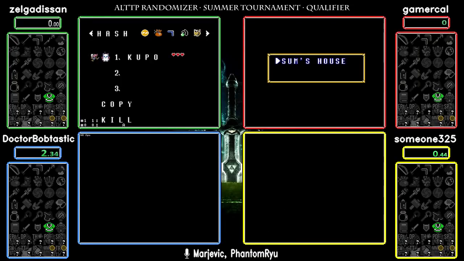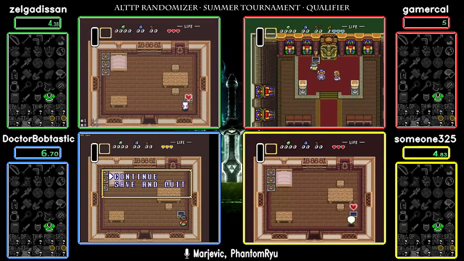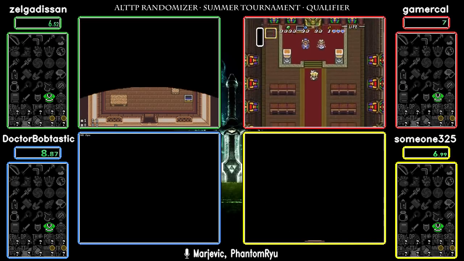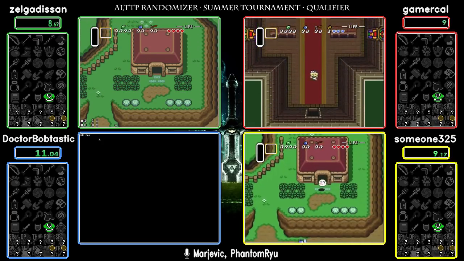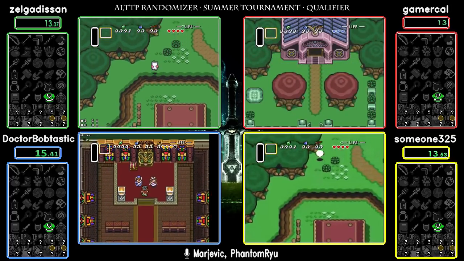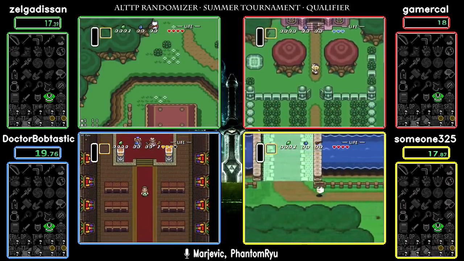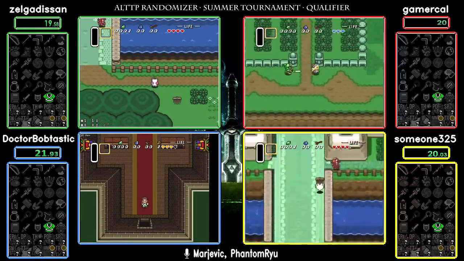And with all that said and done, we are off, and we are seeing some Link's House starts, but also Sanc starts. All right, so we got a full heart container in Link's house. Nobody can complain about that. Obviously, someone down there rocking the Boo from Super Mario World. Not what people wanted to see, a key in the Sanc chest, but...